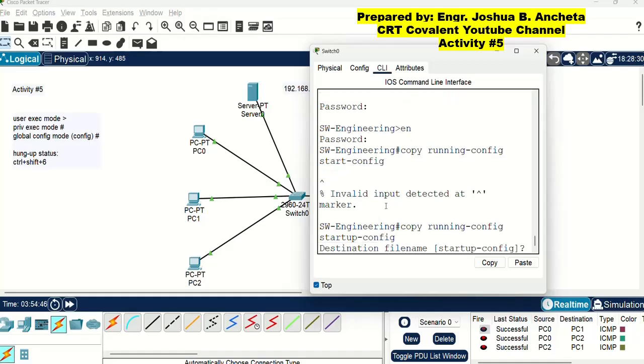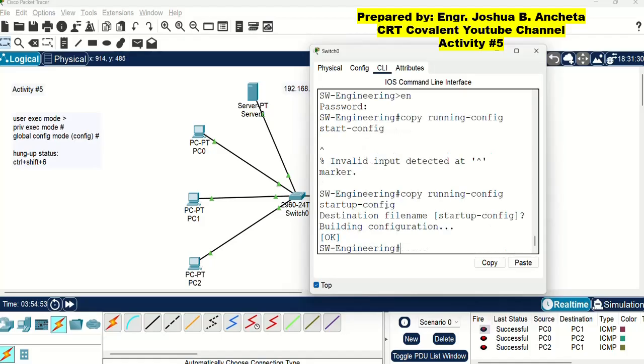Okay. Press enter. So there is a question, destination file name. You just press enter here. And that's it. So there is a message, building configuration, meaning the commands entered in this configuration for the switch is now saved. So that is the command, copy running-config startup-config.